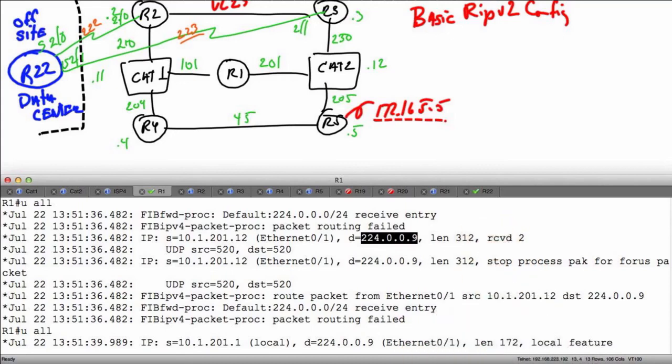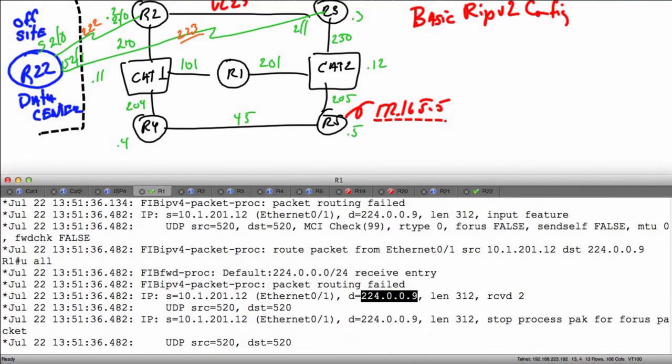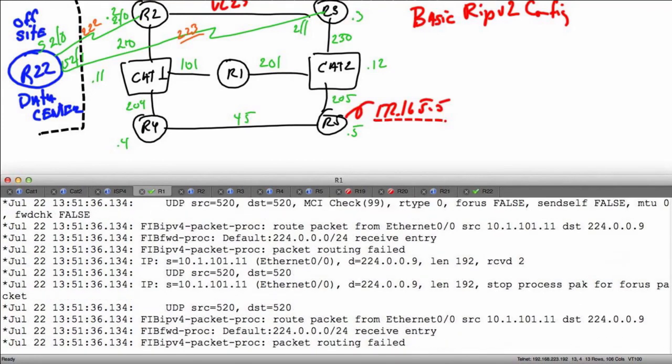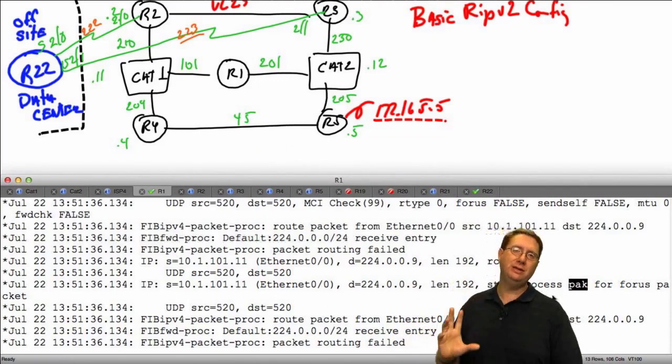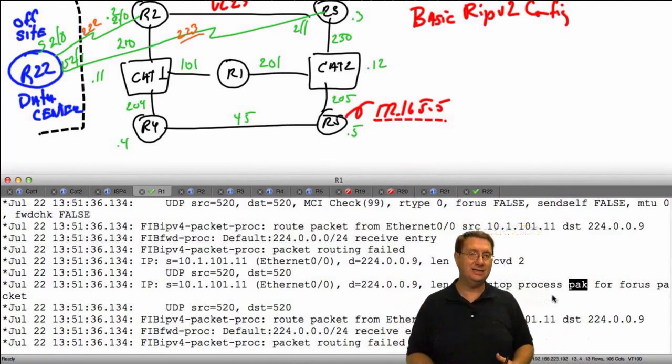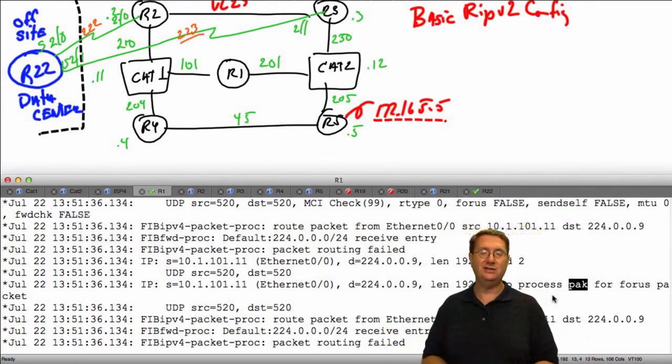Other things that I wanted to look at here were, let's see, PAK priority. So stop process PAK for us, packet. What this says here is that any traffic that is going to be destined to or sourced from a device is going to be dealt with using something referred to as PAK priority. All that simply means is that a packet that's destined to my device or sourced from my device is going